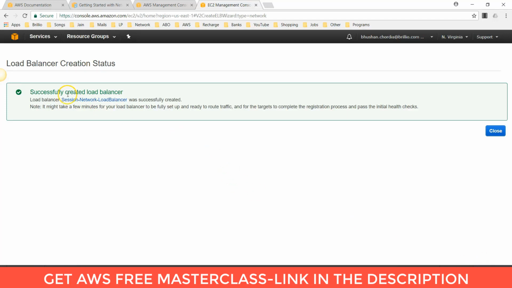So here you can see that the session network load balancer was successfully created. They are showing the note that it might take a few minutes for a load balancer to be fully set up and ready to route traffic, and for the targets to complete the registration process and pass the initial health checks. So you can click on close.